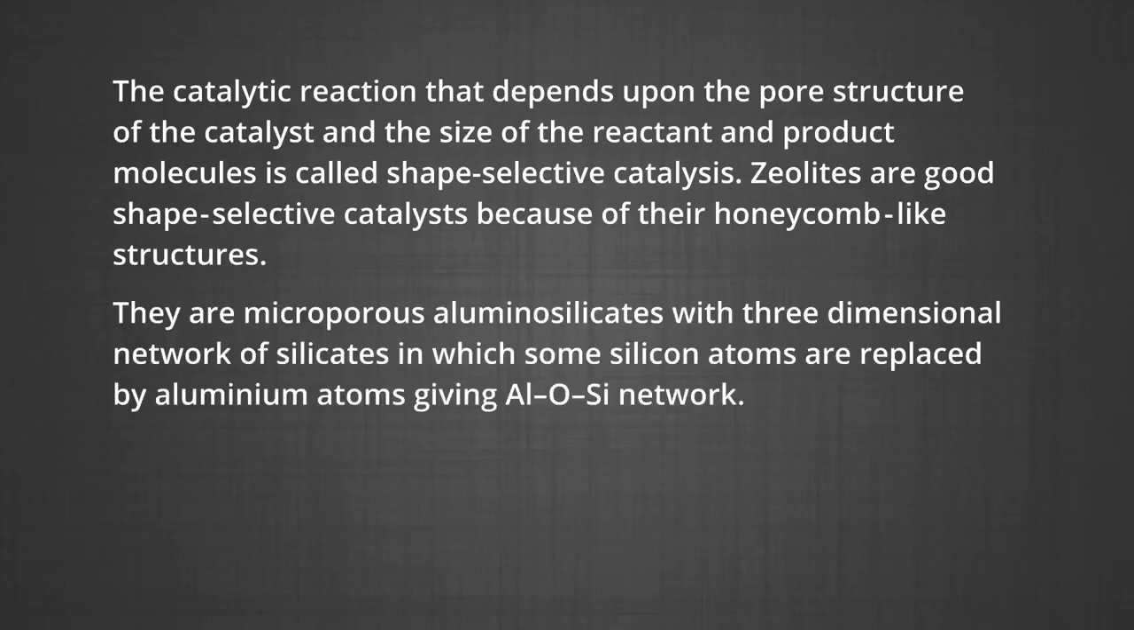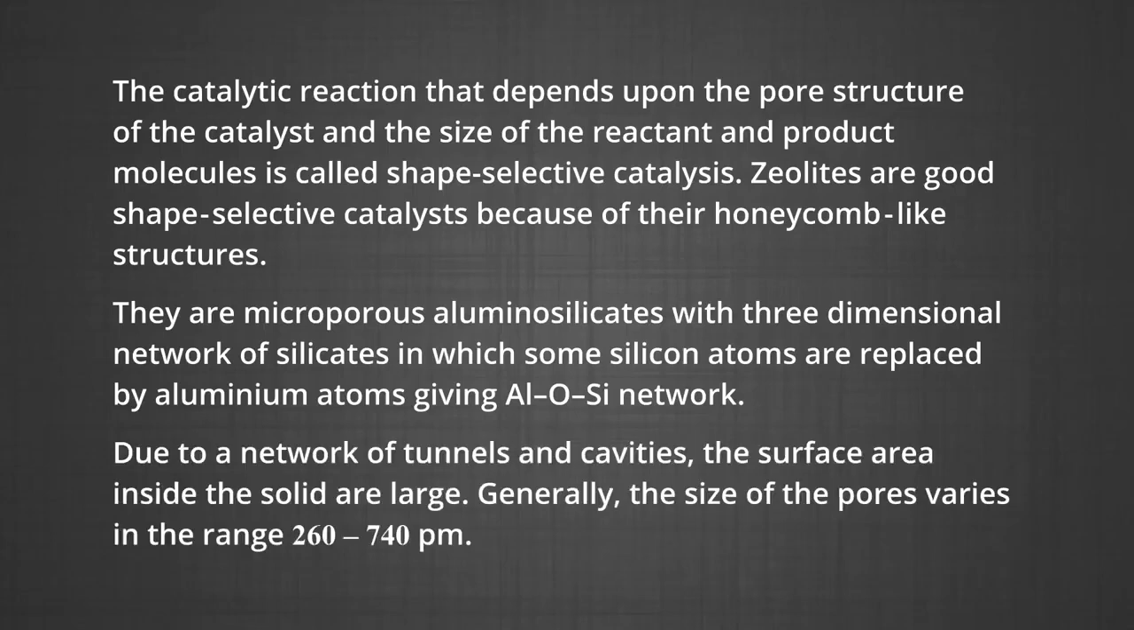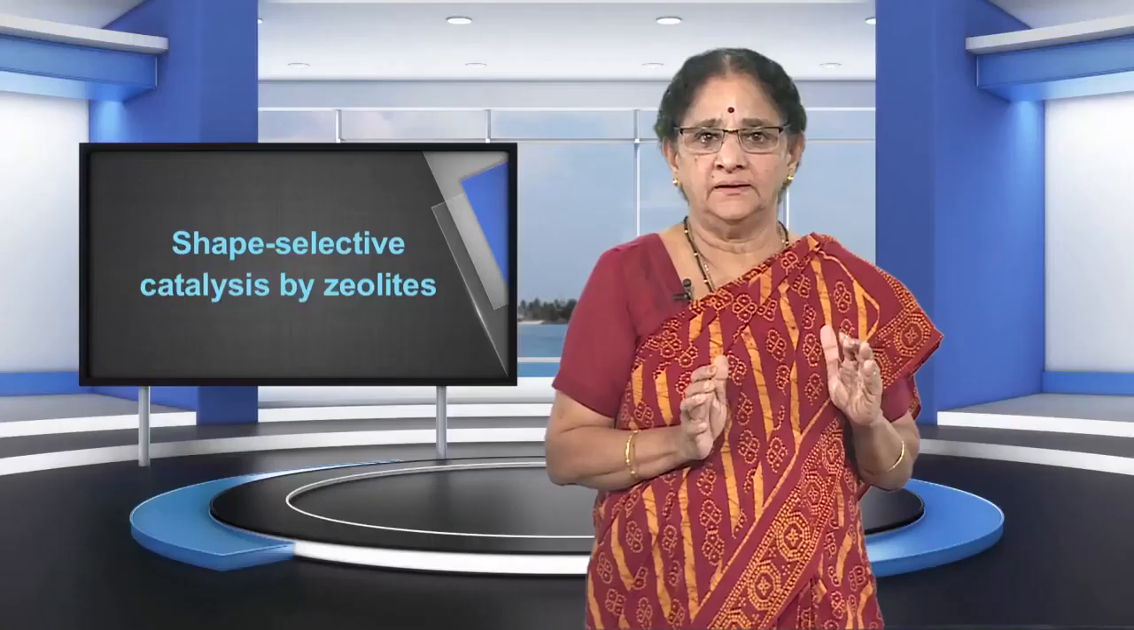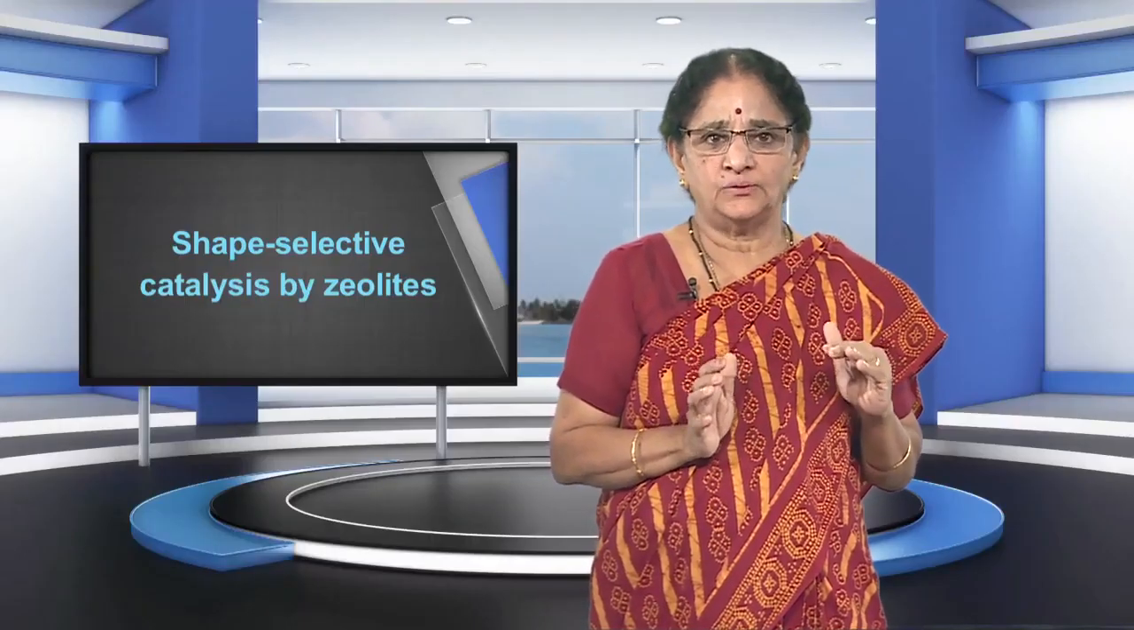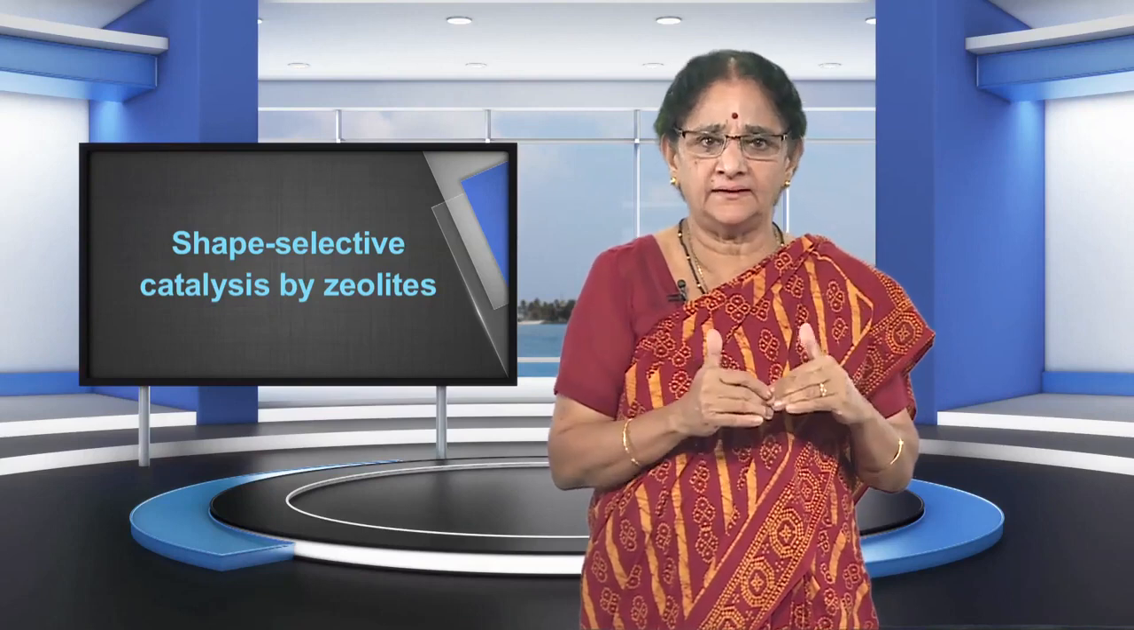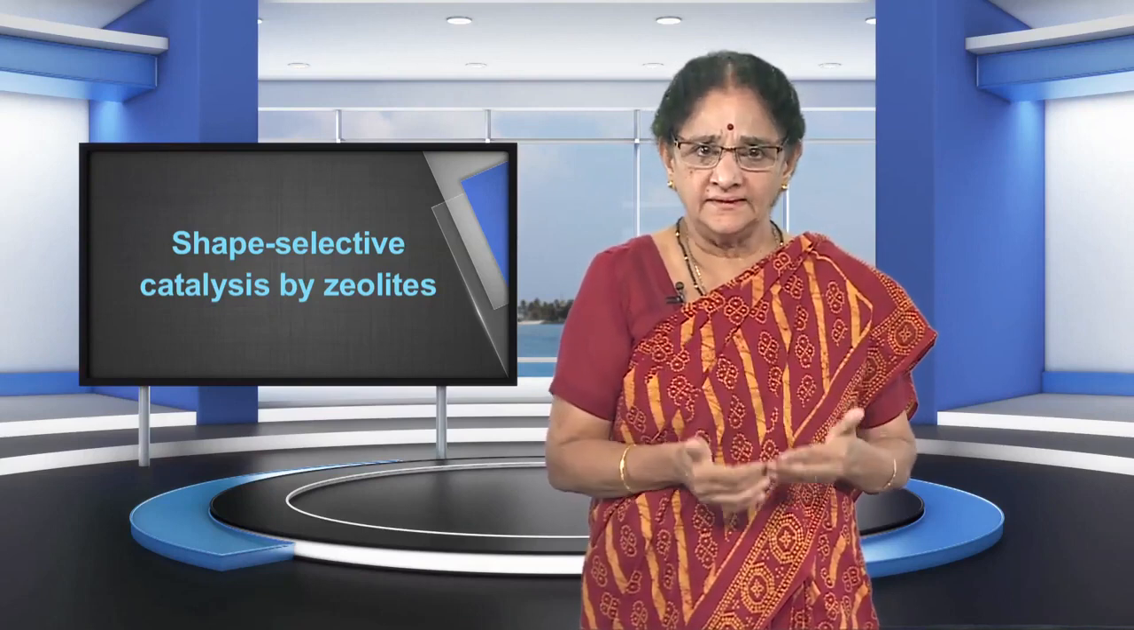They are microporous aluminosilicates with a three-dimensional network of silicates in which some silicon atoms are replaced by aluminum atoms, giving an Al-O-Si network. Due to a network of tunnels and cavities, the surface areas inside the solid are large. Generally, the size of the pores varies in the range 260 to 740 picometer. Therefore, only those molecules which have sizes smaller than the pore size of the zeolites can enter and leave the